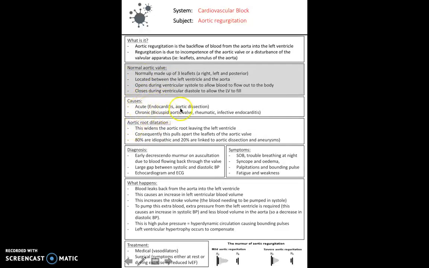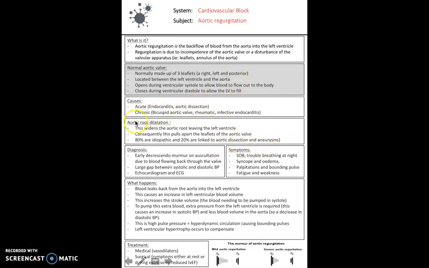So the acute causes include endocarditis and aortic dissection. So, for example, an aortic root dilatation. This widens the aortic root, leaving the left ventricle, and as a result pulls the leaflets apart. This is normally idiopathic, but can be linked to an aortic dissection or an aneurysm, so this is an example